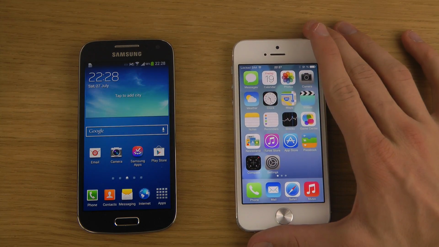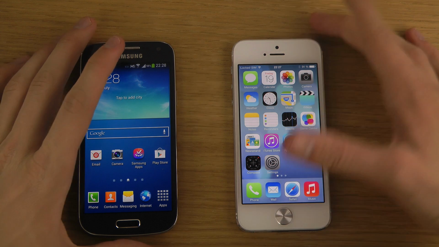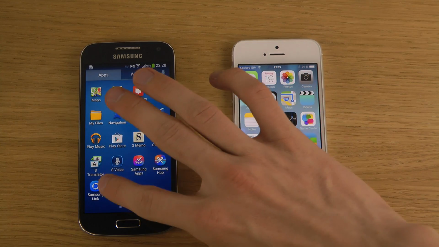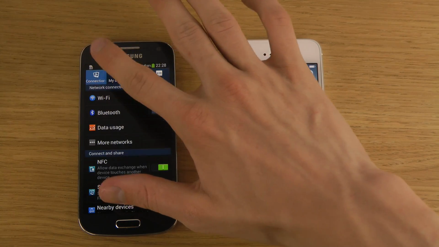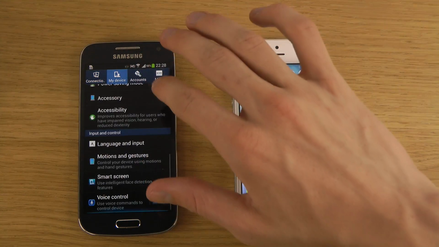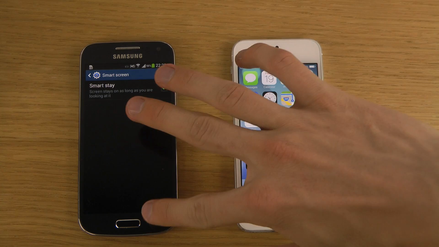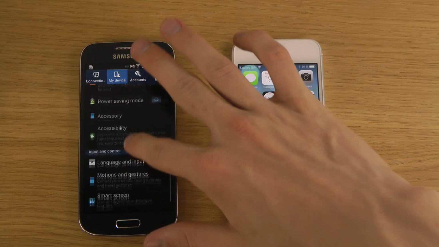The first thing I want to say is that the S4 Mini doesn't come with a lot of those cool features that the full-size Galaxy S4 comes with. You can't use features like smart scroll. If we go into the settings area and go to My Device, and scroll down, you can see that we only have one thing on the smart screen, and that's smart stay. That basically means the screen stays on as long as you're looking at it, which is of course one nice